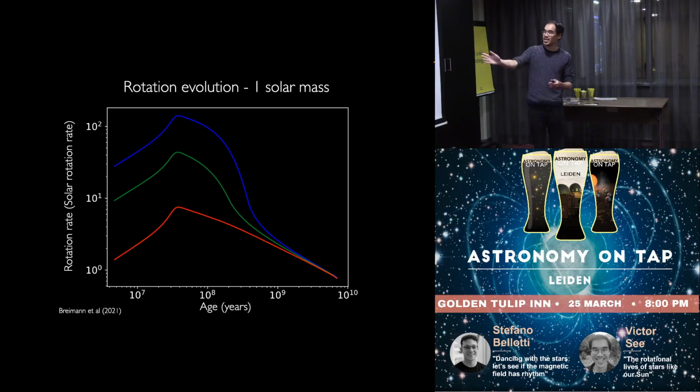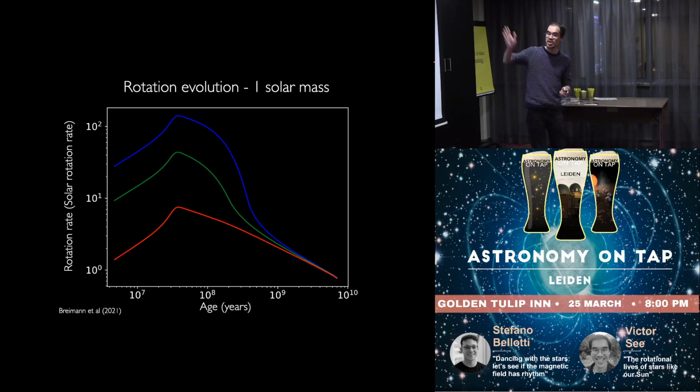But what we can see is that early on, stars are born with a range of rotation rates. So the blue curve is an example of a star that was born rotating relatively rapidly. The red line represents a star that was born rotating relatively slowly. And then the green one somewhere in between. And what we see is that